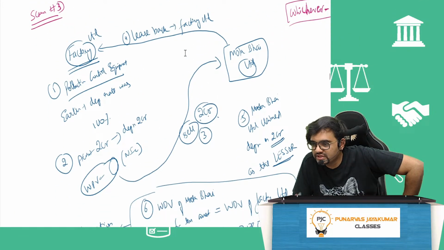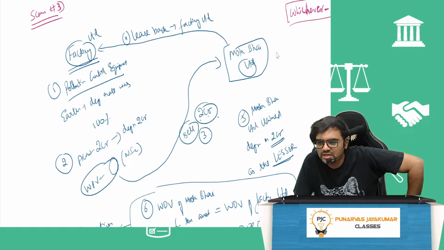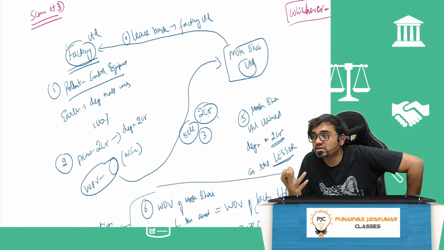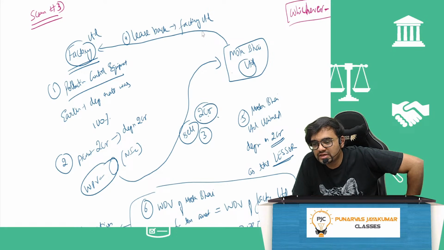Now what they did? They sold this asset for 2 crore to Mota Bhai. When they sell that asset for 2 crore, whatever money they make, that is their short-term capital gain. They enjoy it because they had other losses, they set it off, no problem. Mota Bhai now, he has bought the asset for 2 crore. Now he leased it back to this factory because factory needs pollution control equipment, no? Leased it back to factory. I already told you who can claim depreciation? Lessor. So he started claiming depreciation on 2 crore, Mota Bhai.